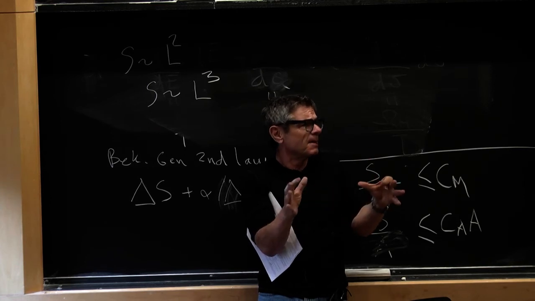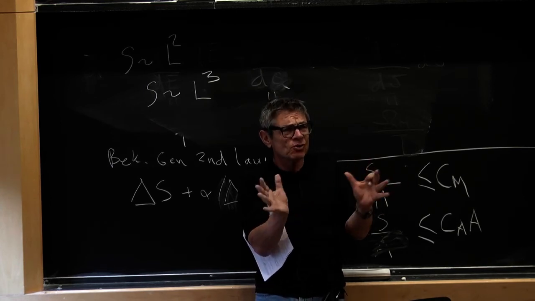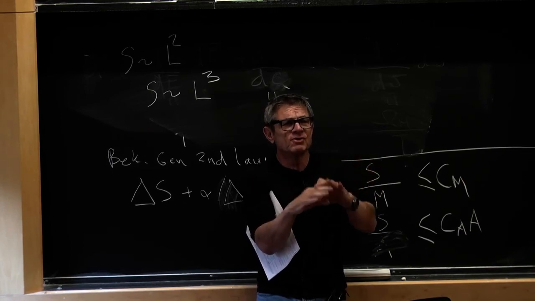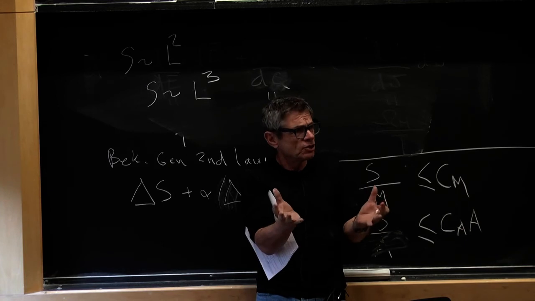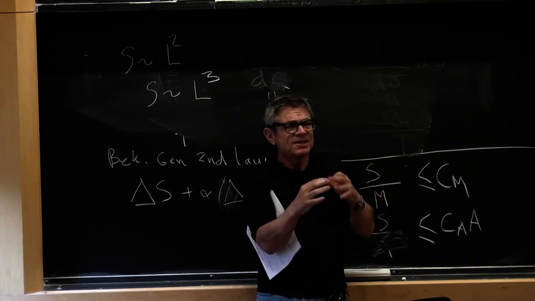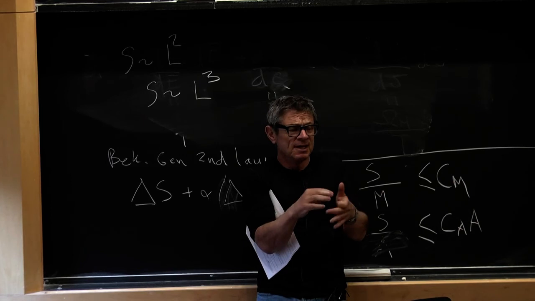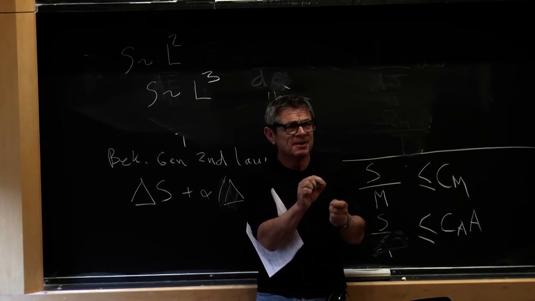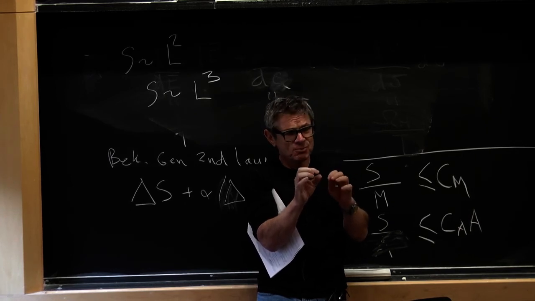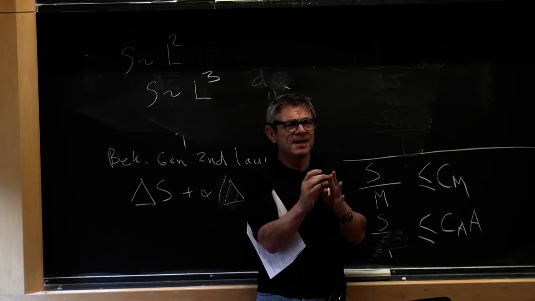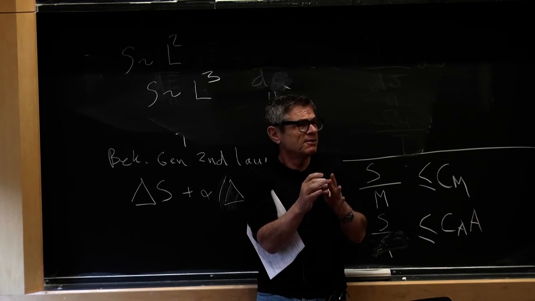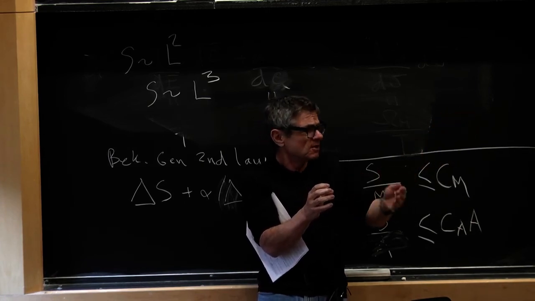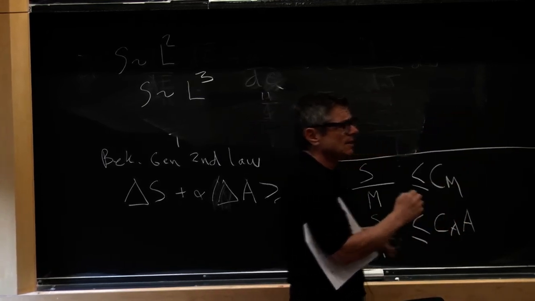It's something that lives on the boundary. He didn't use the word hologram, but that's what happens on a hologram. You encode a three-dimensional image on a two-dimensional plate, and that's what the black hole is doing. In other words, if you take the area of a black hole, you don't fill the black hole with chips, you put one chip in every Planck area of the horizon, that will give you an entropy, a number of possible microstates, which would scale like